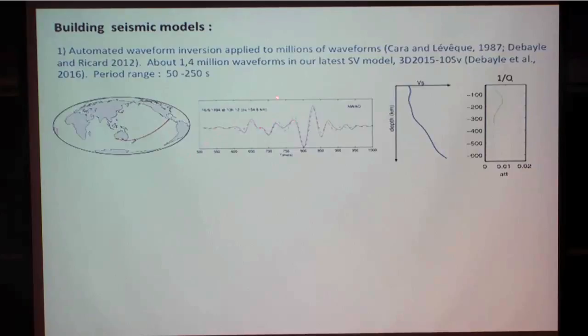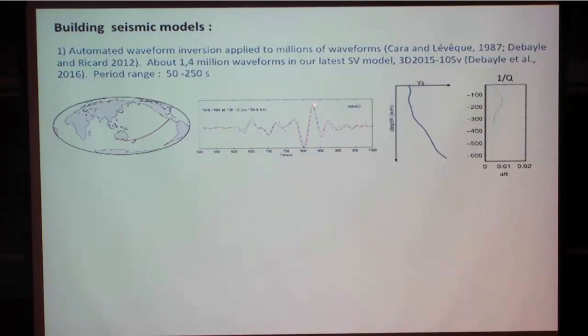Then we can also match the higher modes of surface waves. The higher modes are intermediate between the fundamental mode and the body waves. When you sum plenty of higher modes, you build the body waves. The few higher modes that we use, 5 overtones at long periods, give us additional sensitivity down to the top of the lower mantle.